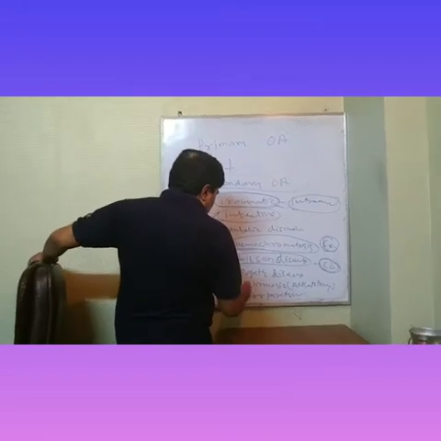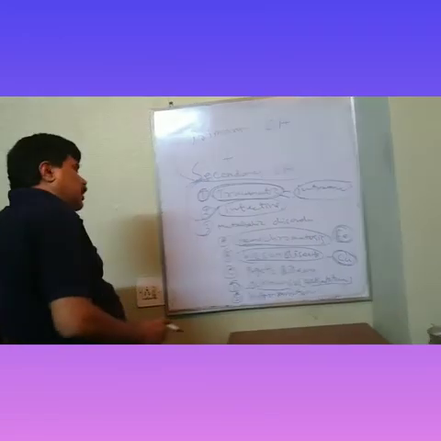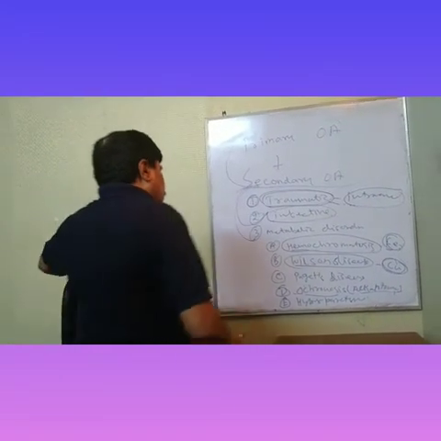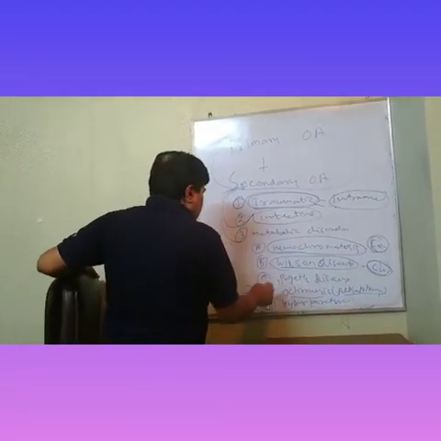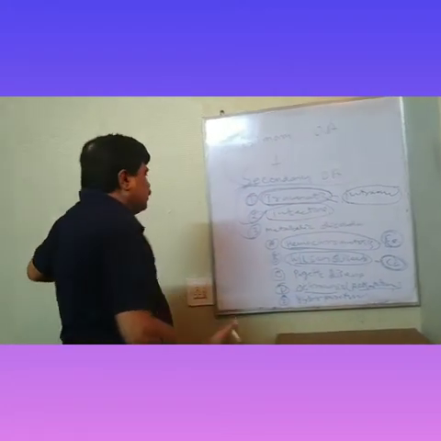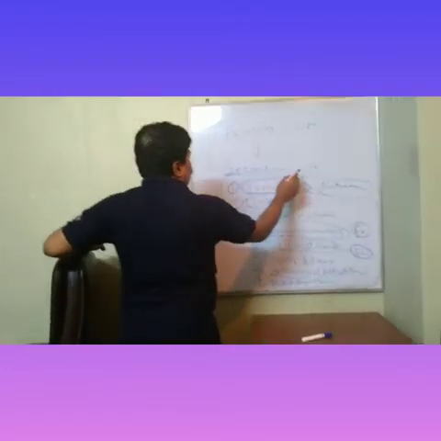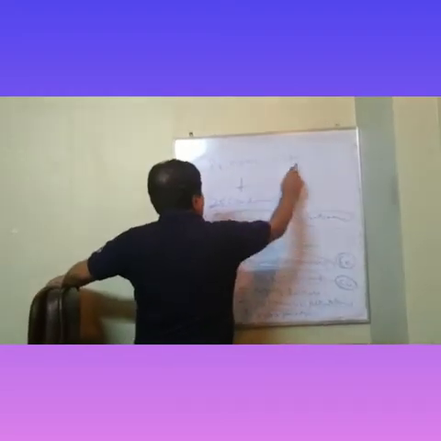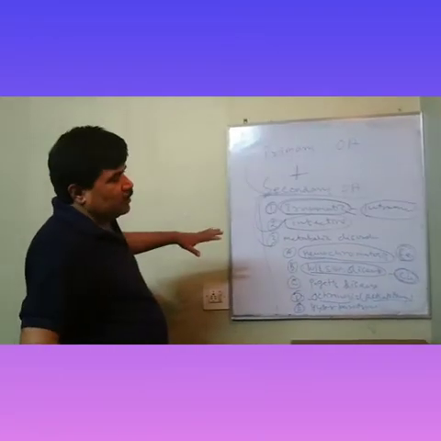In case of Paget's disease, and in case of ochronosis, alkaptonuria, the tyrosine metabolism gets disturbed and you find alkapton deposited in the cartilage, which leads to early secondary osteoarthritis. Also hyperparathyroidism and acromegaly. These are the things in which you will find secondary osteoarthritis. So this arthritis can be primary osteoarthritis or secondary osteoarthritis.